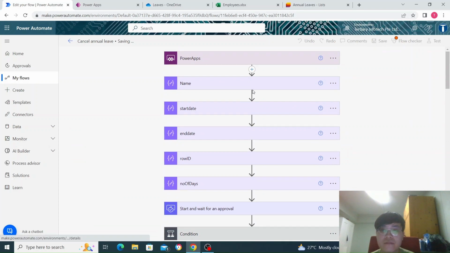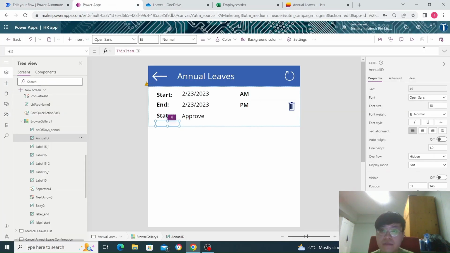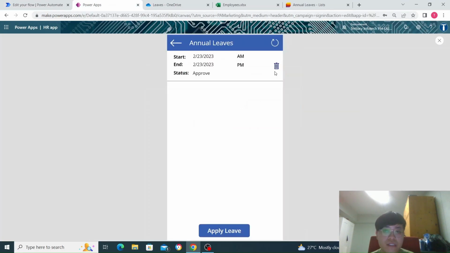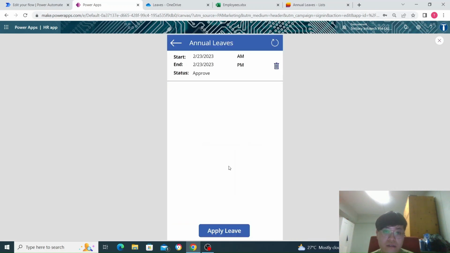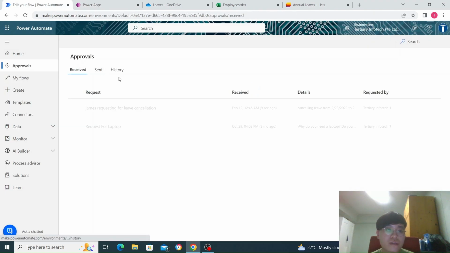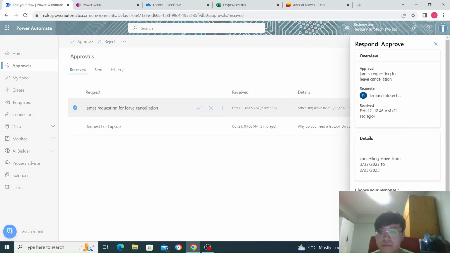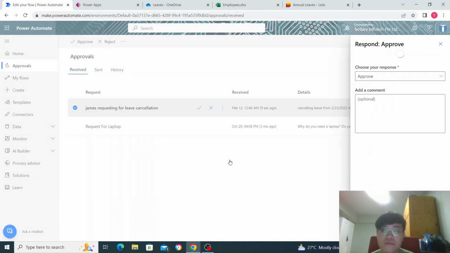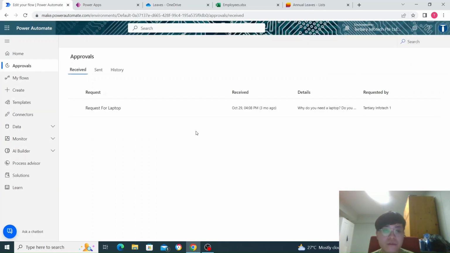If I click save, just to double confirm, and then you go to Power Apps. Let me just press play here so you can see clearly. I press the bin, click yes, okay, and now it will load the approver. If I go to approver, James is requesting for leave cancellation. Okay, you can press approve, and then approve. Okay, once this is approved,